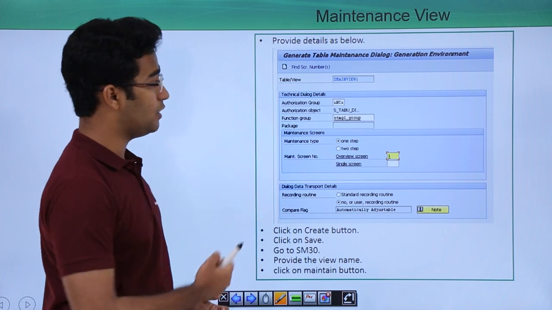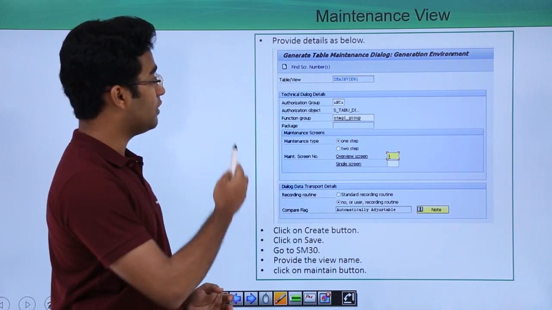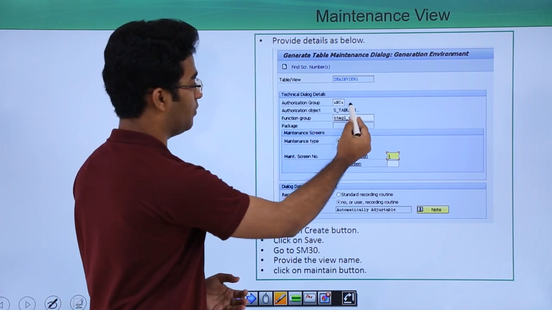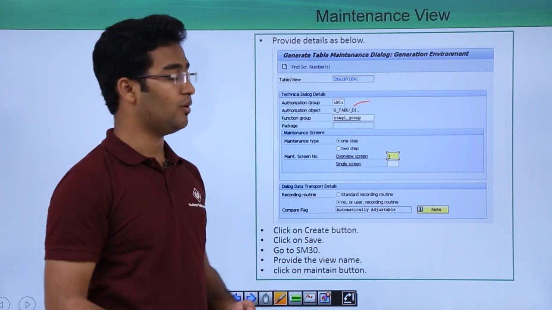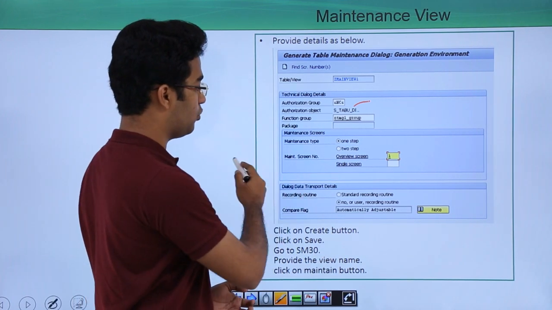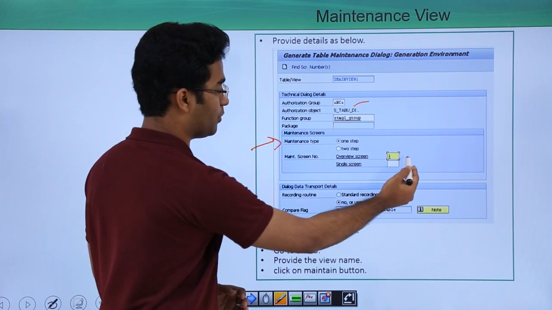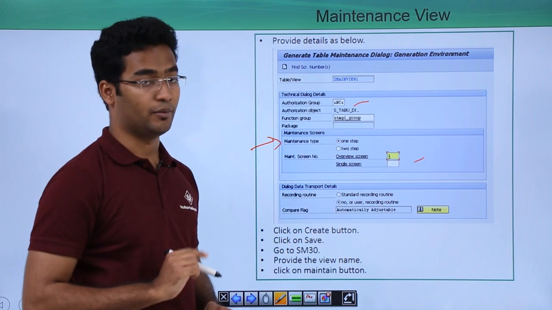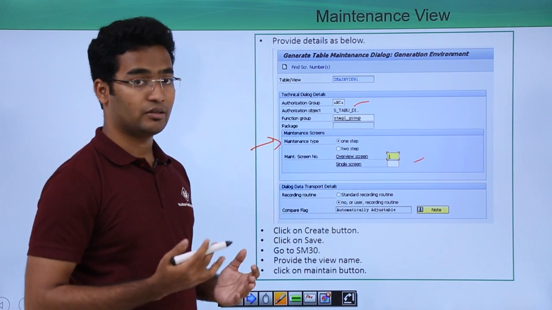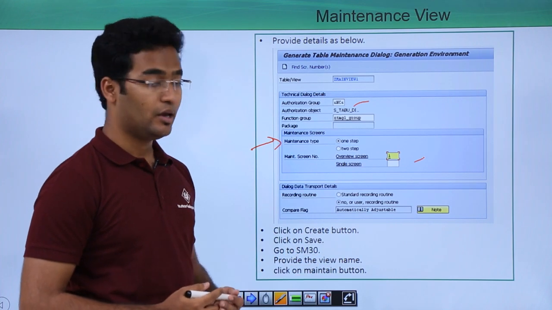So here this is the screen for the table maintenance generator. Here we are providing details. This particular detail, that is the authorization group, we have to provide. Moreover, we provide the maintenance type as one step and then the overview screen as 1. When this is done we create it and save it, and at the last